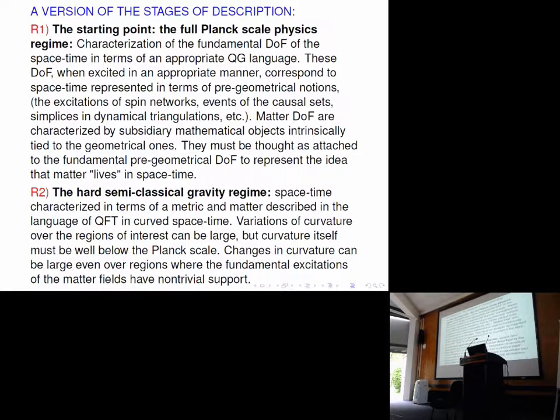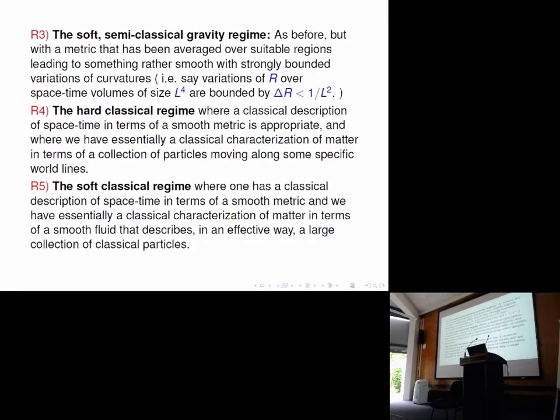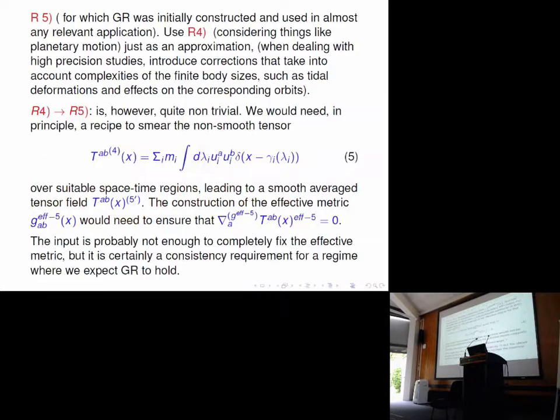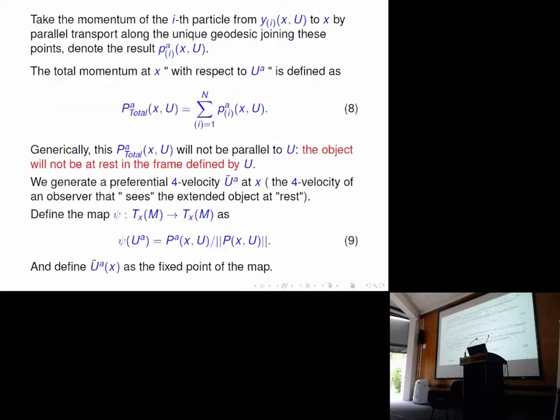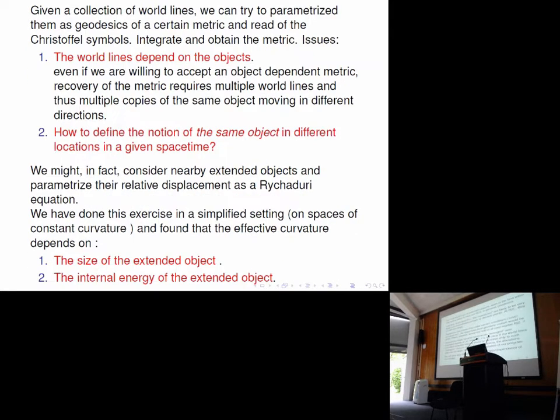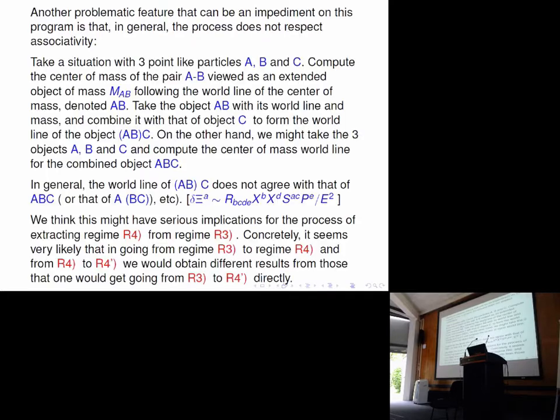Look, the non-associativity is not infinite. I have written here an expression for more or less how the non-associativity goes. I wrote a schematic expression because the actual expression is much more complicated. But it basically goes, the non-associativity, this quantity that measures the difference of the position of the center of mass when you combine AB first and then with C, or ABC or something like that, is an expression that involves the relative positions of the particles,